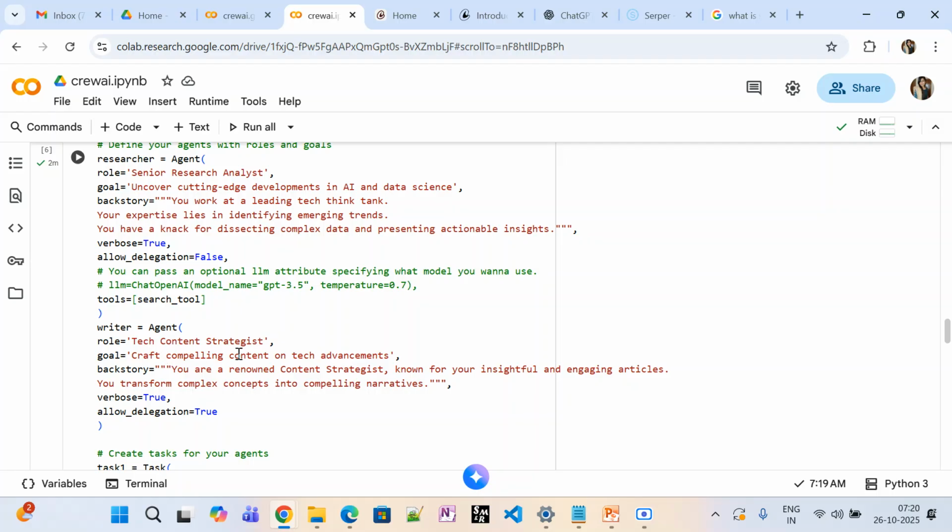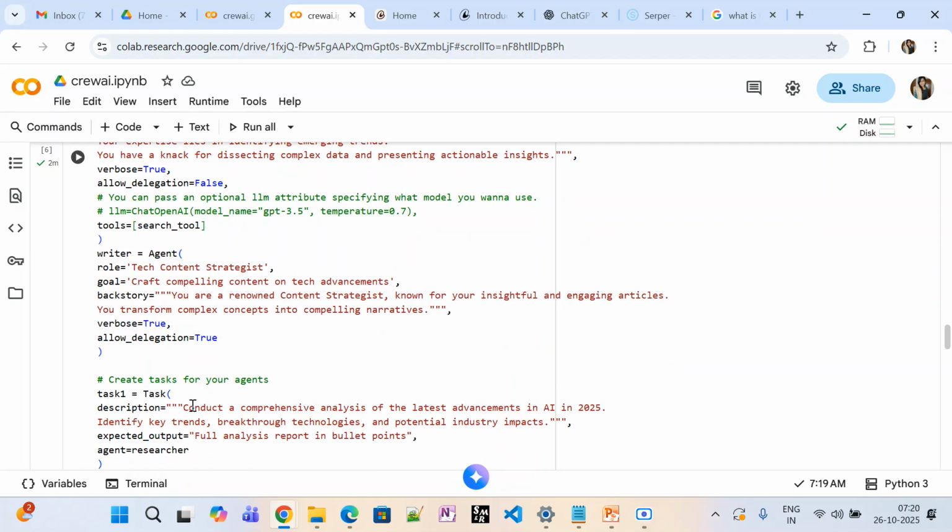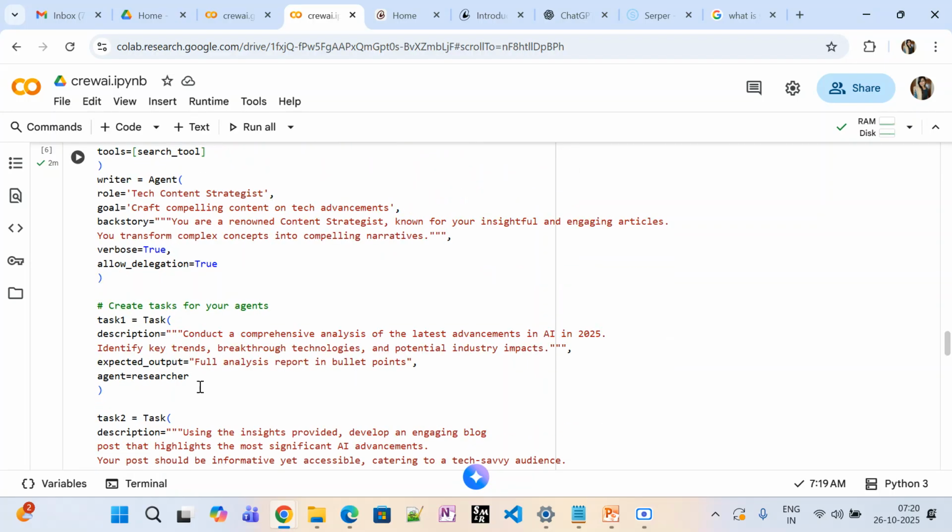I told the writer that it is a tech content strategist, to craft compelling content on tech advancements. You are a renowned content strategist, known for insightful and engaging articles. You transform complex concepts into compelling narratives. Okay, so this is how I gave my task, with a description to create the task for the agents. I mentioned the two agents, and here is the task I have given: conduct a comprehensive analysis of the